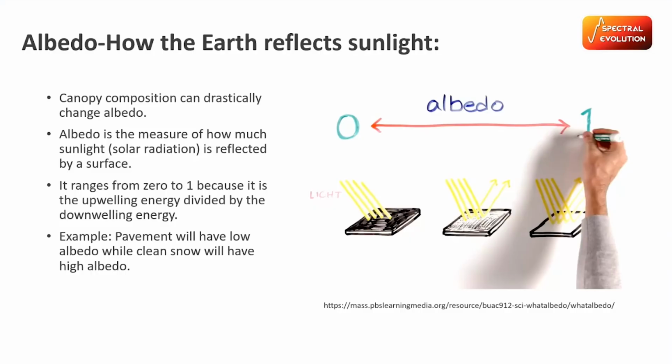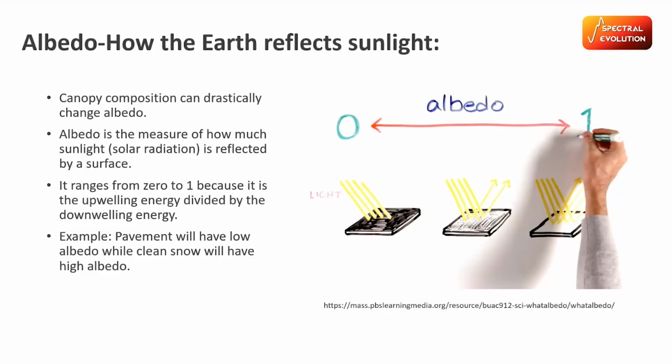So an important dynamic with that is albedo. So those ash floors will have a lower albedo, more absorbent to energy. And so that will increase the temperature there. So albedo is the measure of how much sunlight or solar radiation that is reflected by a surface. It ranges from 0 to 1 because it's a ratio of the upwelling energy divided by the downwelling energy. So yeah, that's important with creating those microclimates,